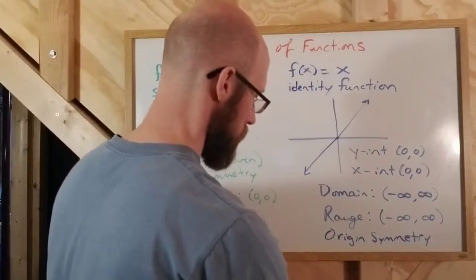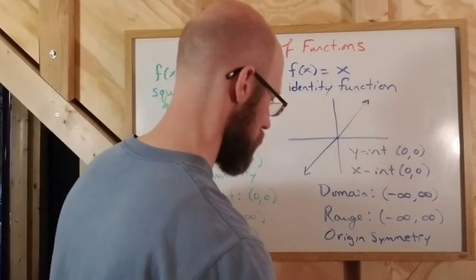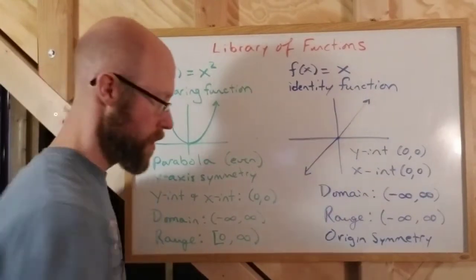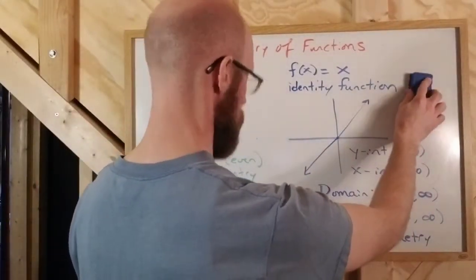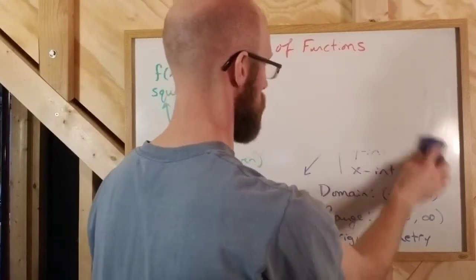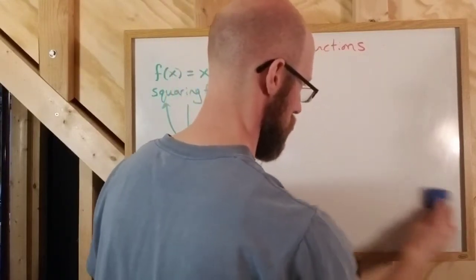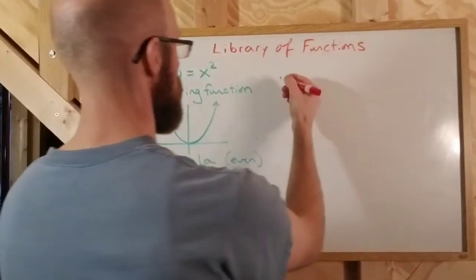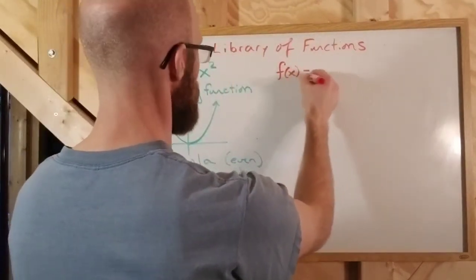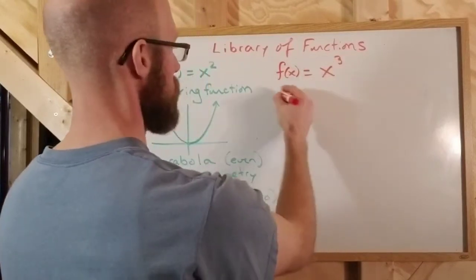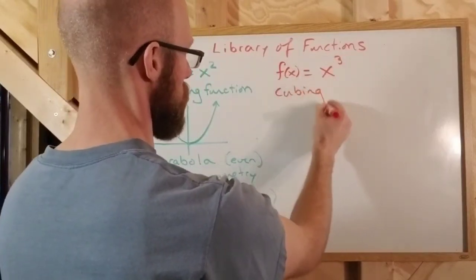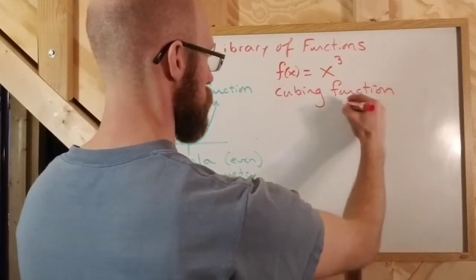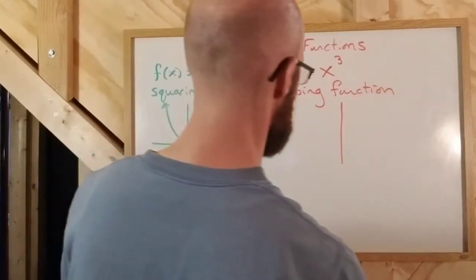Now let's look at the next one. You can probably assume it's going to be the cubing function, right? Go 1 degree higher. All right, so we're going to have f of x equals x to the third. That's the cubing function. And of course, this one's a little bit different. The graph,